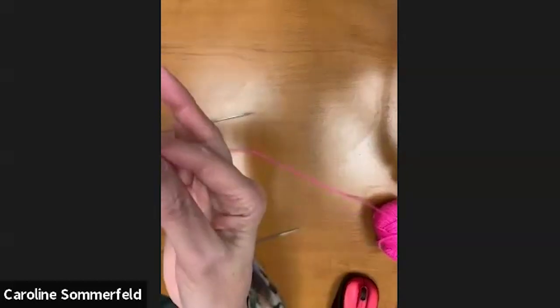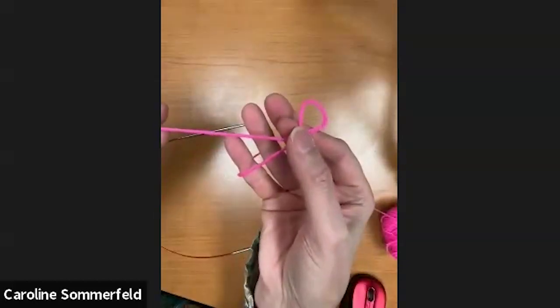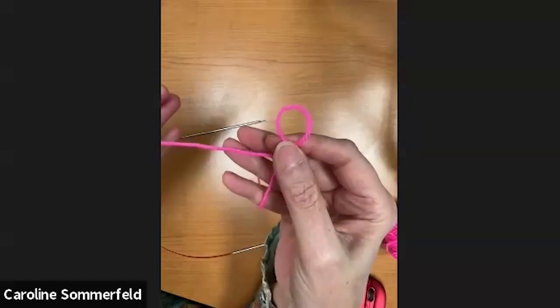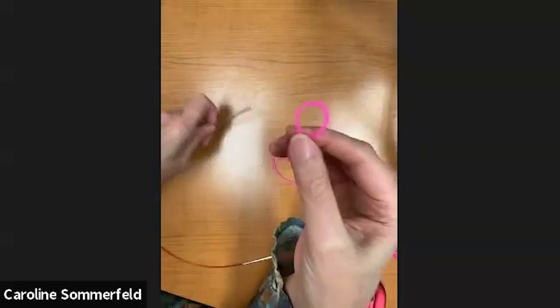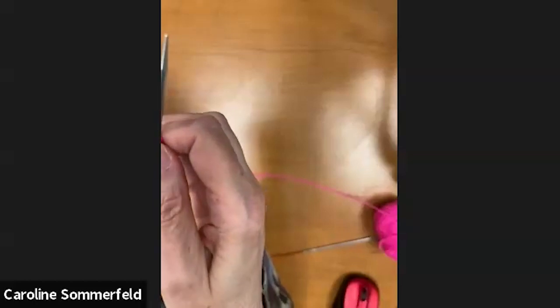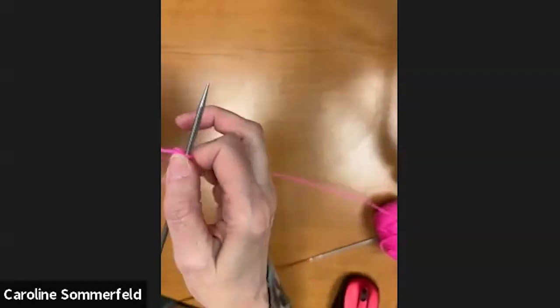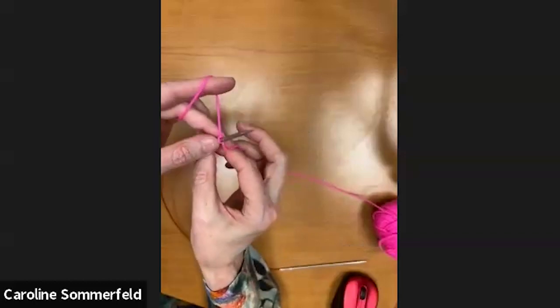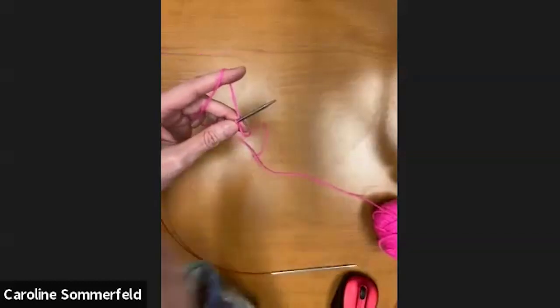So anyway, the way that this one starts is we're just going to make a loop of yarn. We have a nice lurid pink yarn here, so I'm hoping that shows up nice and clear for everybody. And what we're going to do is put that loop on the needle. And then what we're going to do is take not the tail. Ask me what I did earlier today when I was casting on my sweater. Yeah, picked up the tail. But anyway,